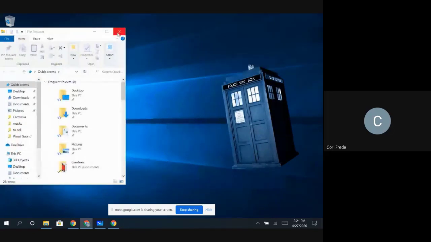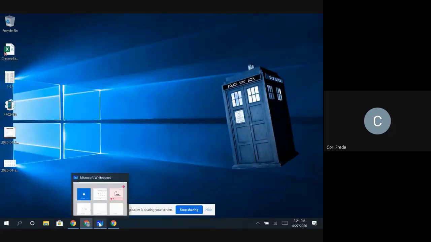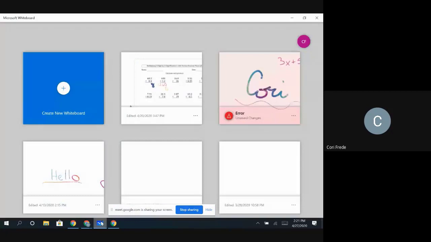And so now we can move on. So we're going to open up Microsoft Whiteboard. If you have a Windows computer, it is part of Windows 10. Just to show you where you would find it, if you click on the little Windows icon in the corner of your screen,